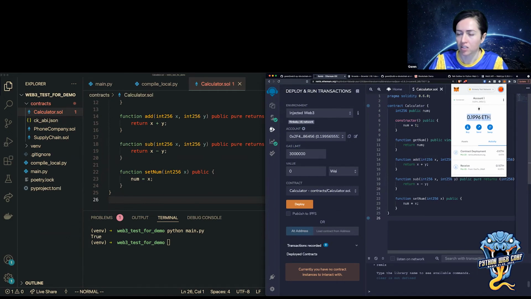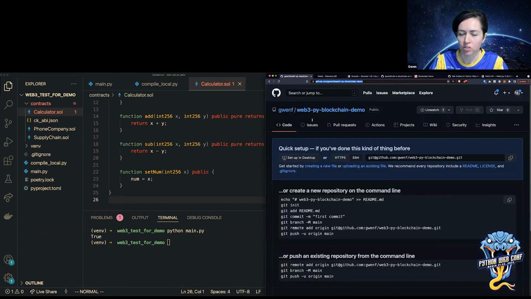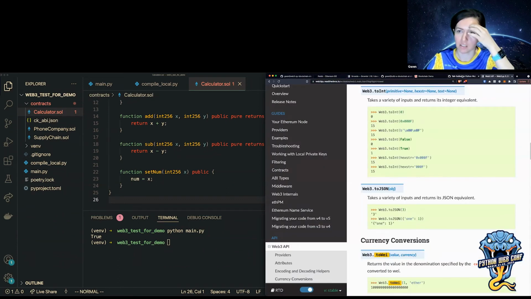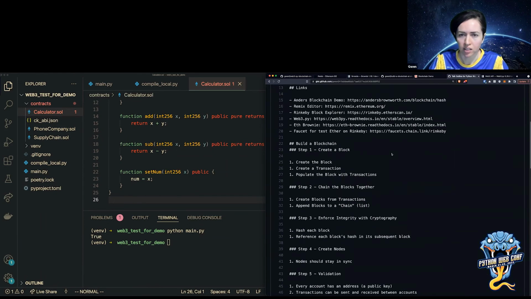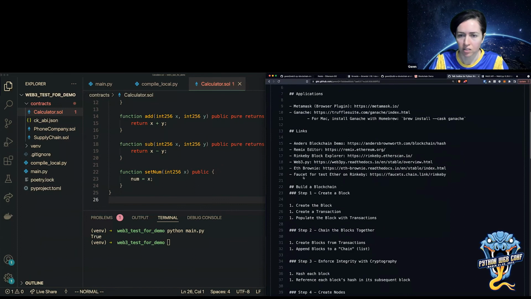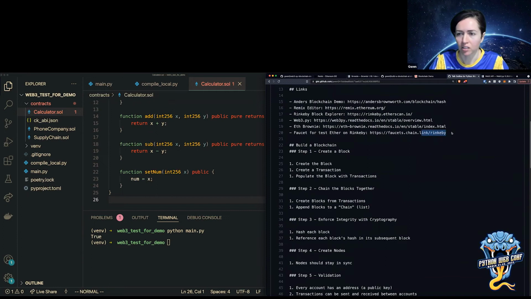Now I got this test Ethereum from something called a faucet. And if you're interested, I did link a faucet that is actually working, because sometimes the faucets update and a lot of them don't seem to be working right now. So if you want to get test Ether for Rinkeby, and they have a couple other options, you can go to this website, faucets.chain.link. Chainlink is a blockchain related solution that you can look at. But anyway, you can get some Rinkeby there pretty easily.